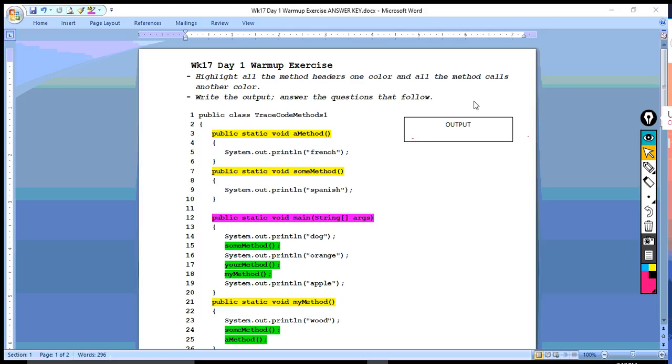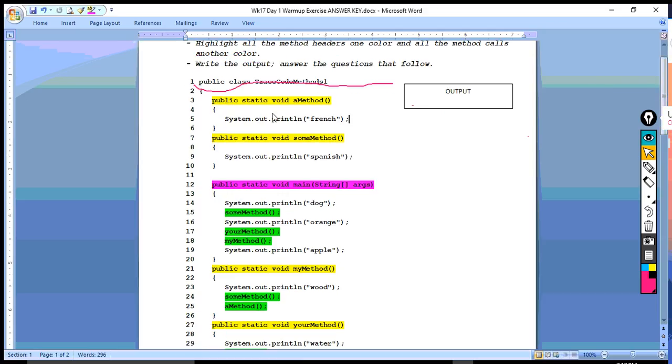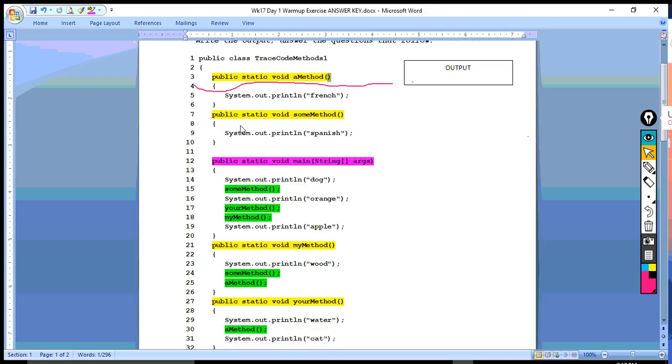And so the first thing is the suggestion up here is for you to highlight all your method headers with one color and all the method calls with another color. And so we did that here, and so you can see that the method headers, they're all yellow, and they start with public static, and they have the name of the method, and then they have the parentheses. And so you should be able to recognize the method header